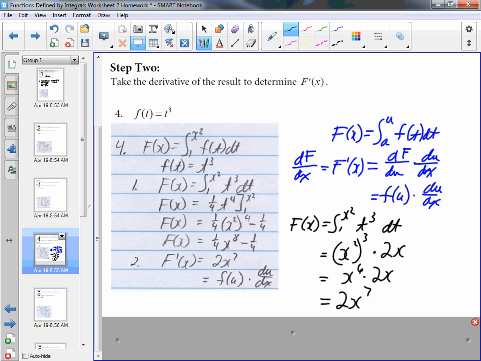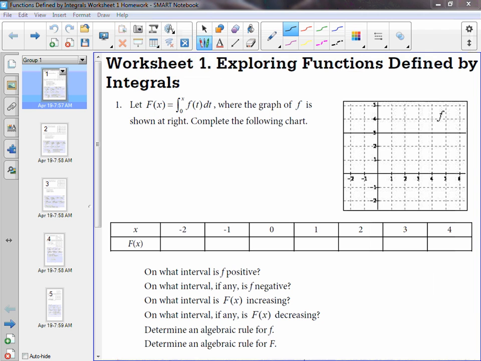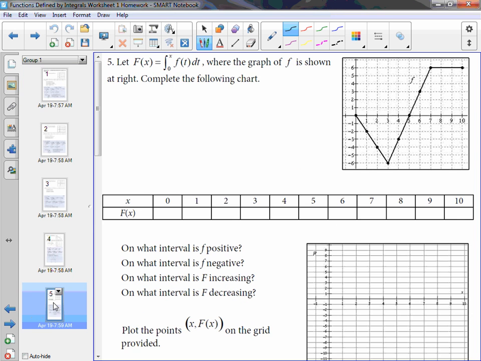Okay, what I want to do then, at this point, is back up to worksheet 1. And which of these would you like to go over? Number 5. All right, on number 5,